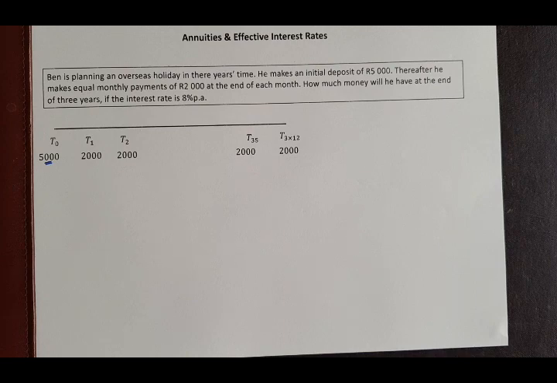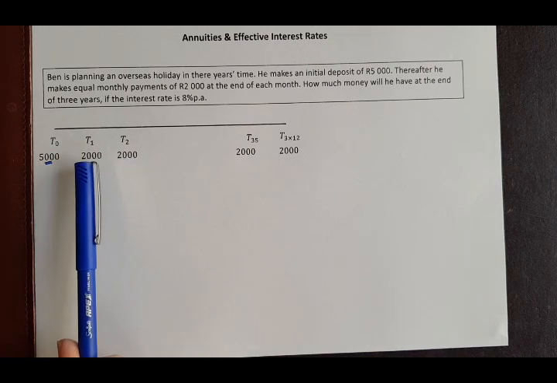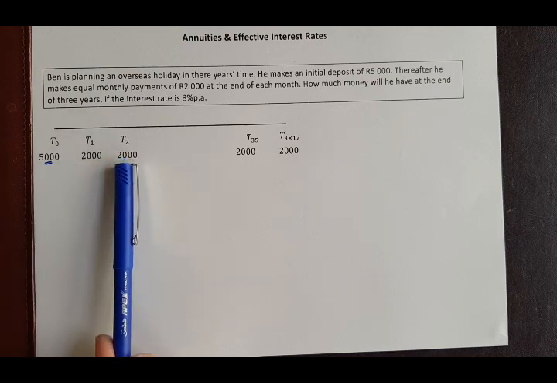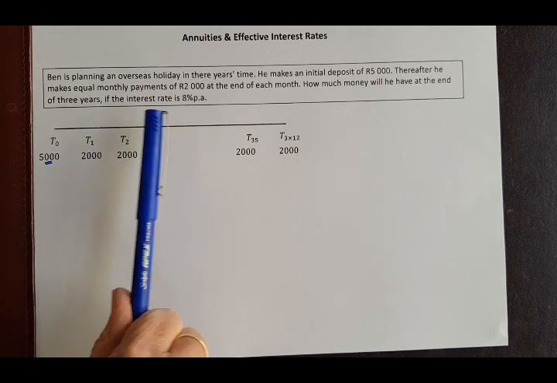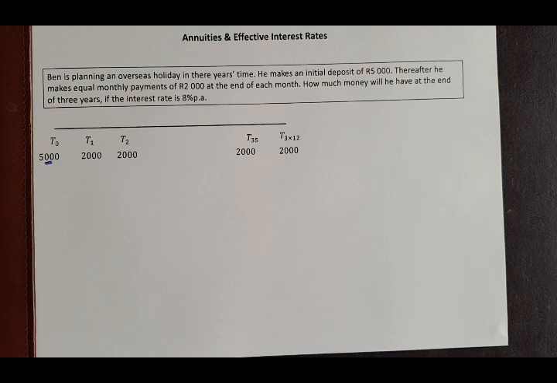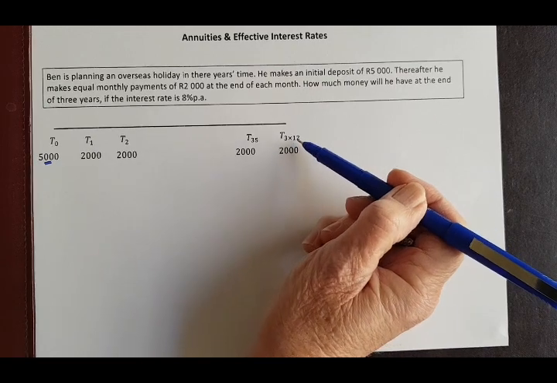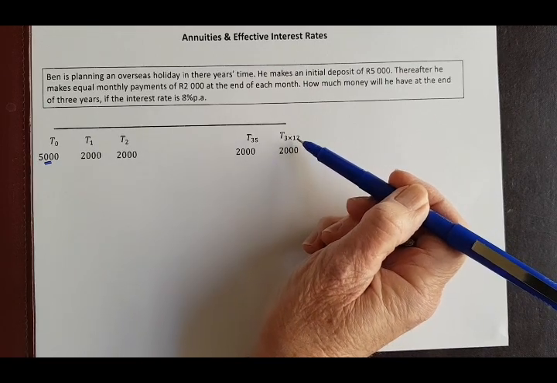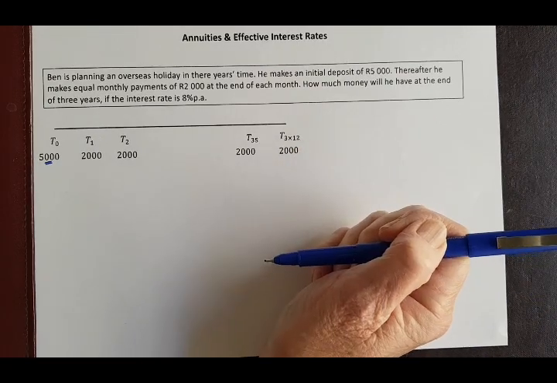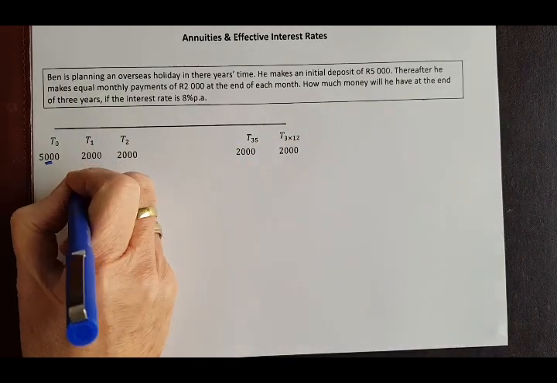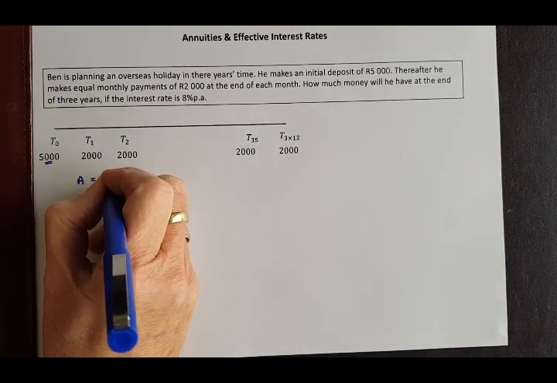Thereafter, he makes equal monthly payments at the end of each month, the end of T1, the end of T2. All right. Those payments are each 2,000 Rand. How much money will he have at the end of 3 years? So his last payment is made at T36. Right? Your interest rate, A, is going to be